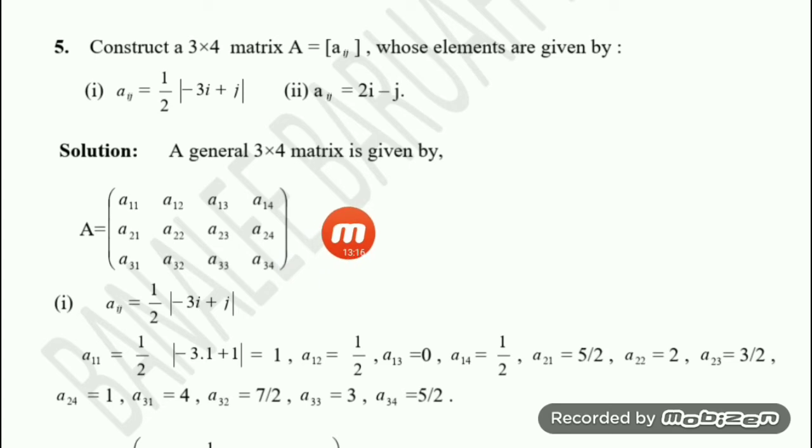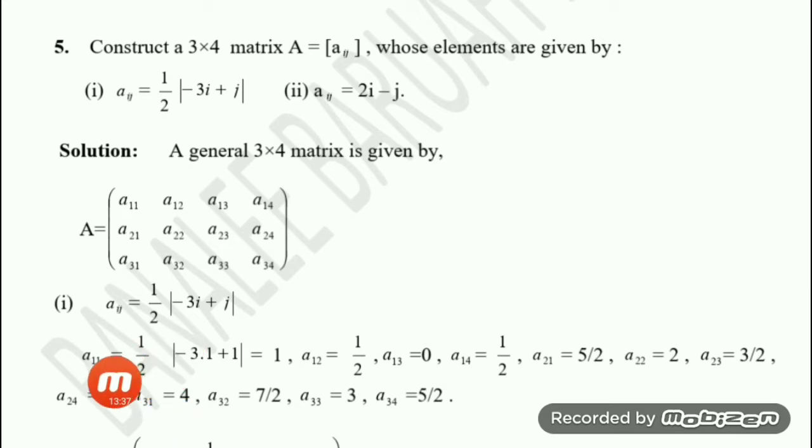Okay. Let us get the values now. This is your given Aij. So you have to find out all these 12 values. Let us find it. First calculation I have shown here. Rest I have not shown the calculation. You can do the calculation yourself. Okay. So half. This is half. Half, keep it as it is.